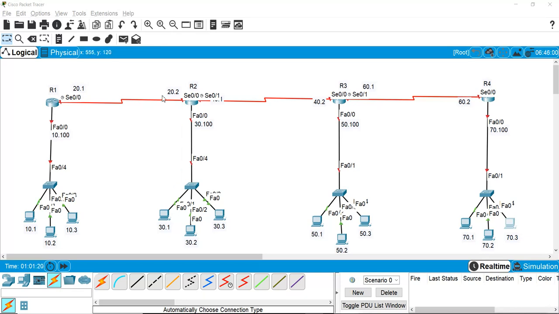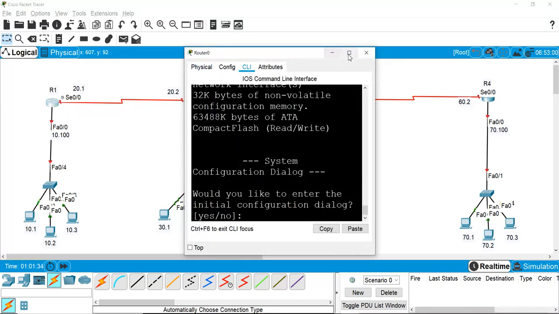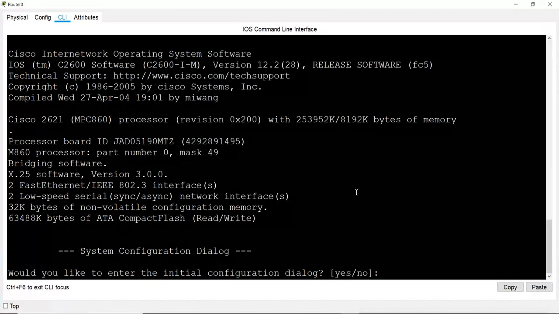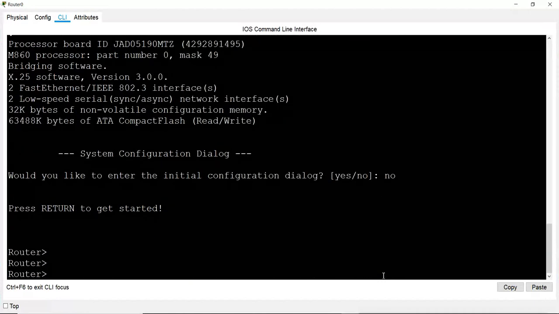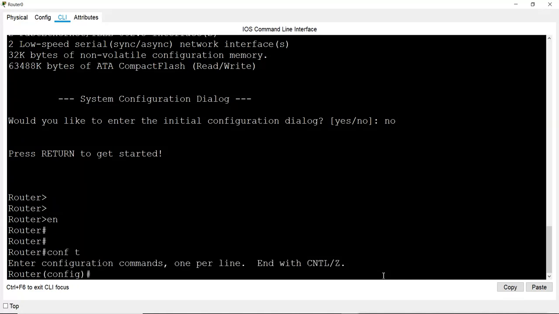As we have decided which IPs we are going to use, first we will configure these IPs on those interfaces of the routers. We'll start from router 1. I will go to the CLI. First go to privilege mode and then config mode.